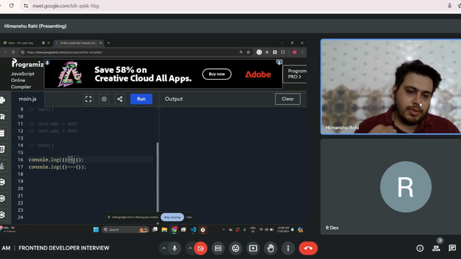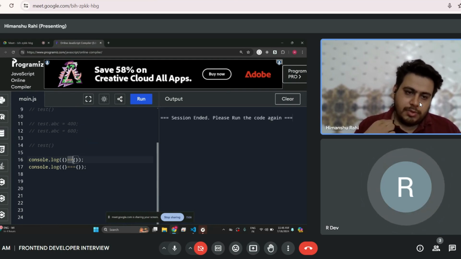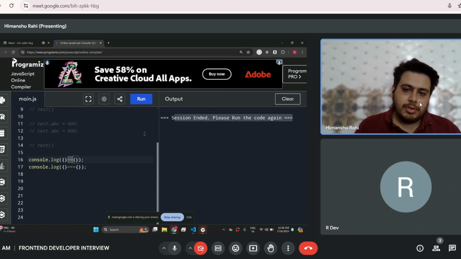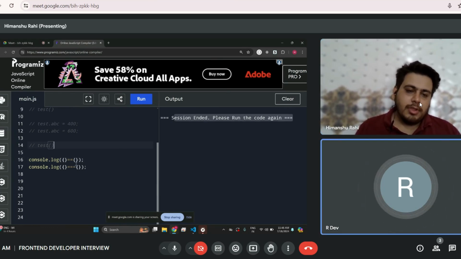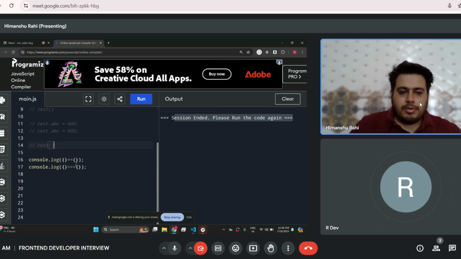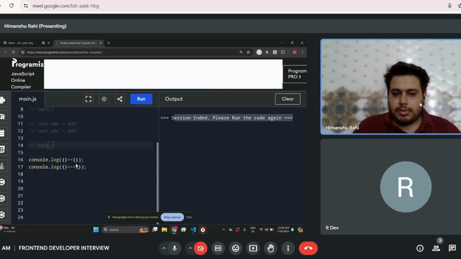So we are checking double equal to, non-strict type. Don't run it. It would be 4. In both cases, I think we get false.